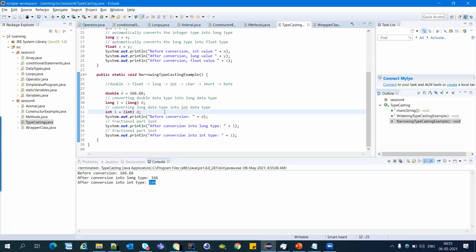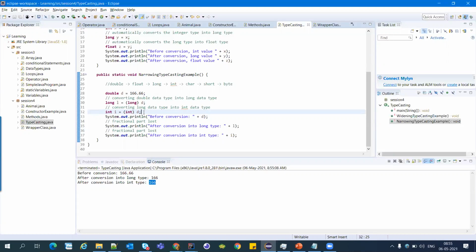So whenever we want to do narrowing or demoting of any data type, we have to explicitly use this bracket and the similar data type.